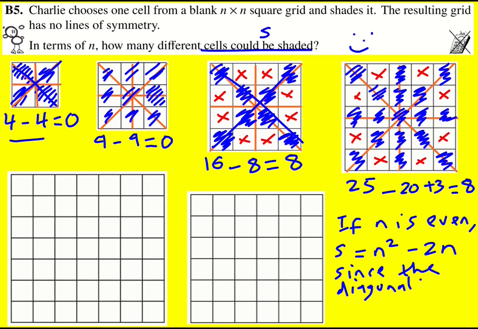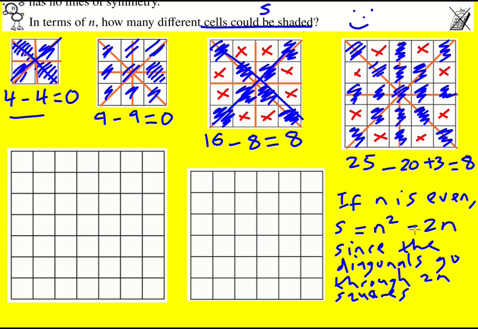diagonals go through 2n squares. Like in the real thing, I'd probably add extra explanation to this, but I'm trying to explain it verbally, and you can refer to the answers for more information. So let's see if this is true. Let's see, in the case of 6 by 6, do we actually get 36